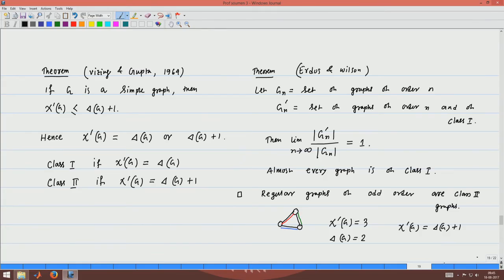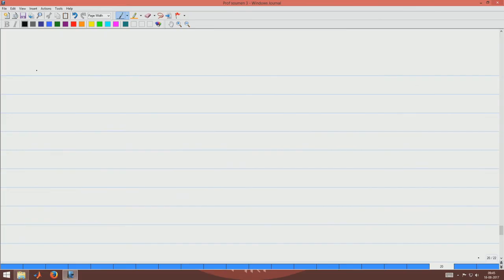And the other example of this is the bipartite graph. It says that every bipartite graph is of class 1. Here is the theorem.